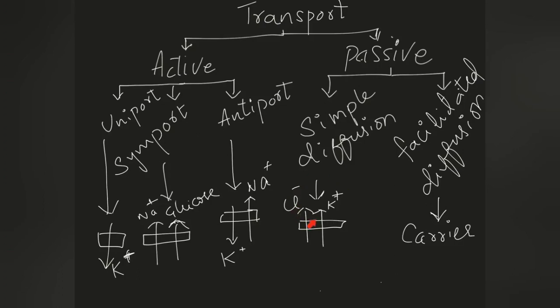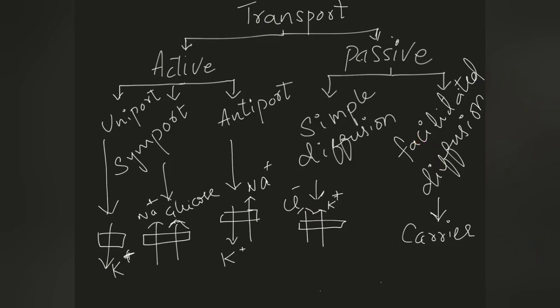And in passive simple diffusion, it doesn't require any carrier molecule or any other help. Why? Because they can simply diffuse or pass through the membrane along the concentration gradient, from their higher concentration to their lower concentration. So there is no need of any carrier or any enzyme. Whereas facilitated diffusion requires a carrier molecule for the transportation, as the membrane will not allow passage on its own, even though it is from a higher concentration to a lower concentration, that is, along the concentration gradient. It still requires a carrier molecule, hence it is said to be facilitated diffusion.